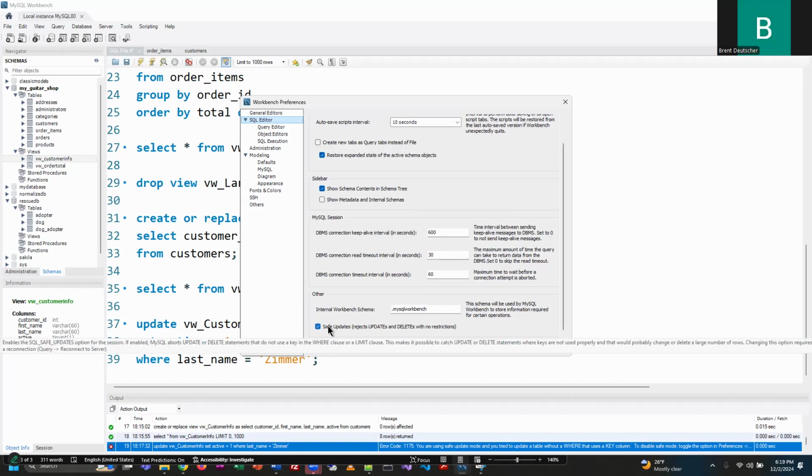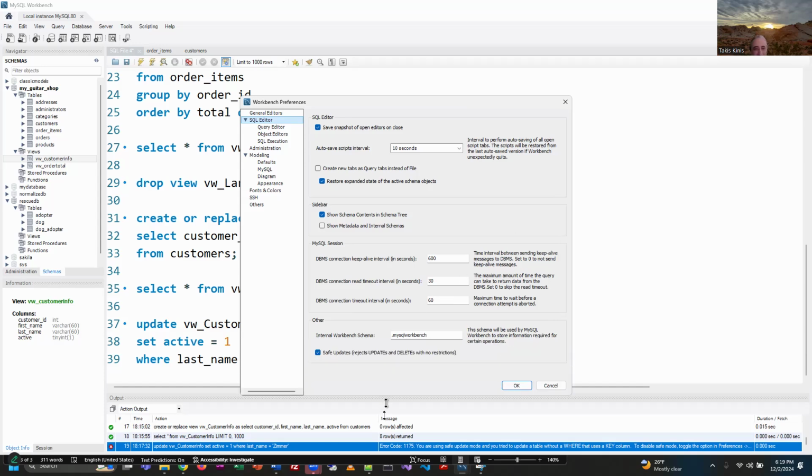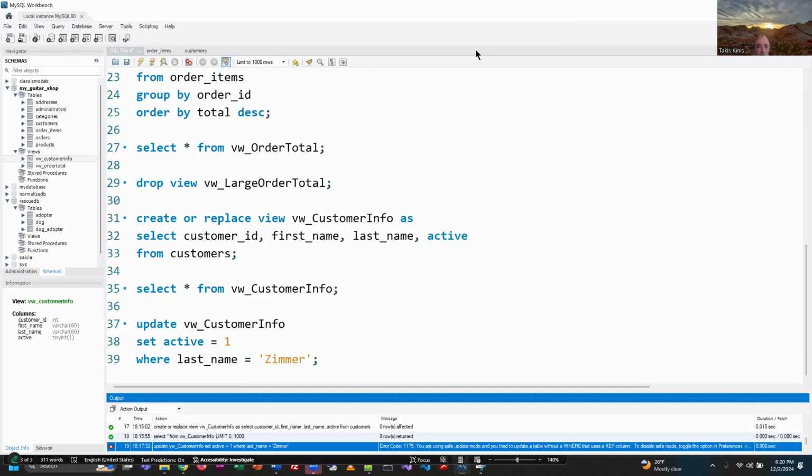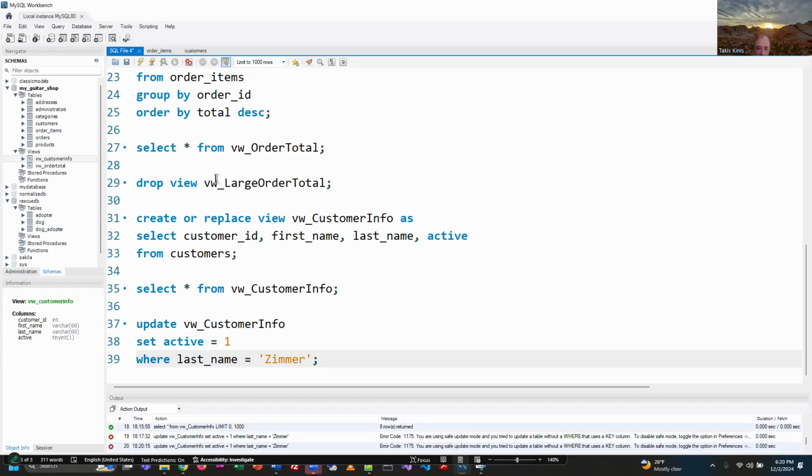You just gotta scroll down. Yeah, it's funny because I'm looking at it, I'm like, there's nothing to scroll to, but there really was, right? There was one more option here. Yeah, thank you for confirming what I thought I was kind of crazily not seeing. So I'm gonna uncheck that safe box. So you want to go to edit, preferences, SQL editor, and uncheck that. So let's do that. And then we should be able to run this query and it will allow for the update. It's still,